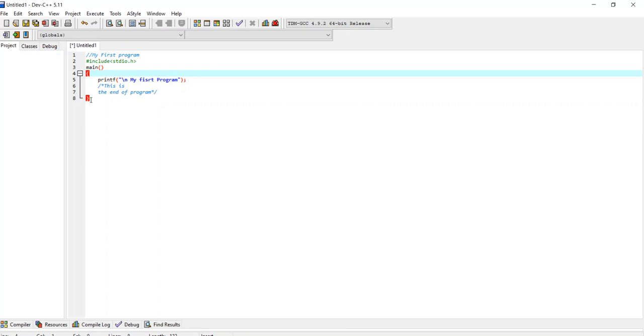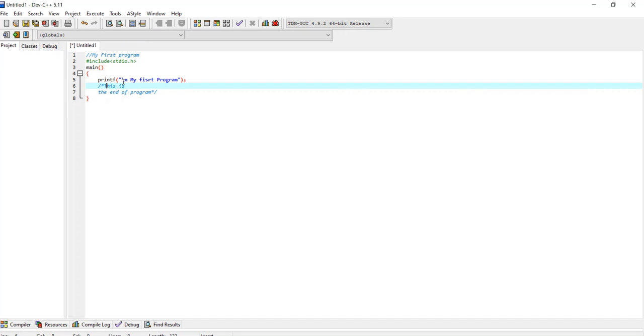So whenever we have to use this, it means that from this point the main function body starts and the main function's body closes here, and here we have to write the body of this function. What I have written over here is the printf function. In the C language, the printf function is used to write something on the output device. If we want to display something on the output device, we use the printf function. Now, how can we use this printf function?